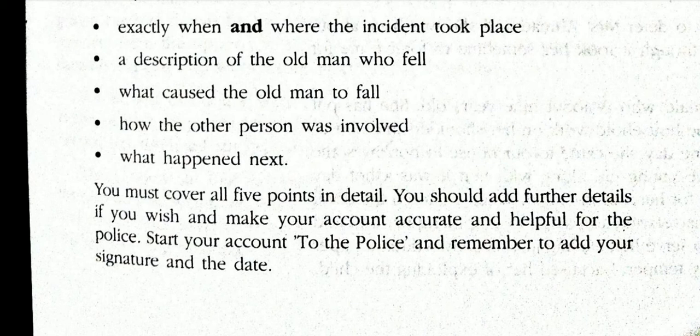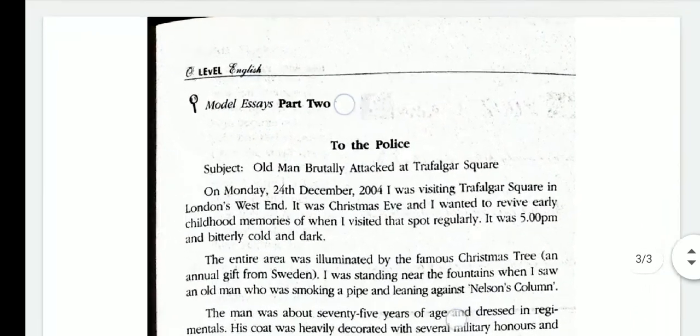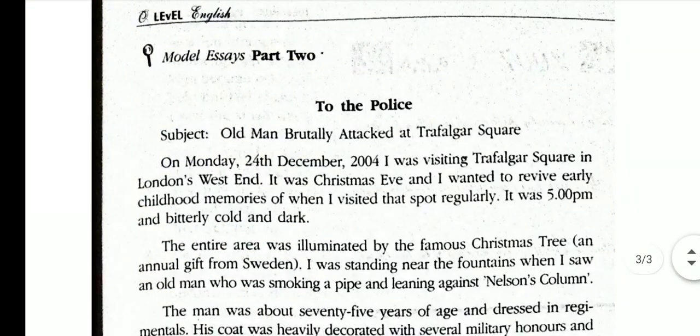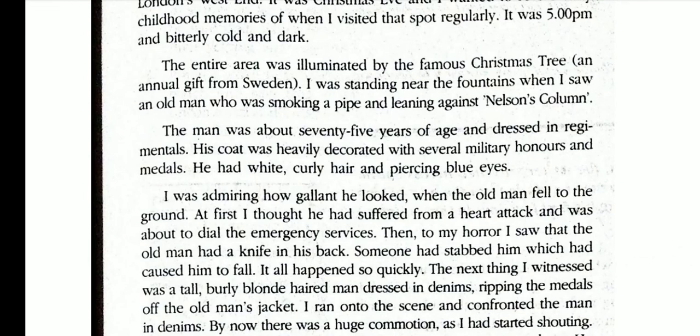As I told you earlier, in account writing or in any form of directed writing, you are always directed or instructed how to start and how to end it. You have to follow that. So you will start with to the police, and remember to add your signature and date. And for your convenience, I have included the answer to this account. As you can see, to the police, subject is optional, and then these paragraphs. There are 5 points you need to cover, so make sure that there are 5 to 7 paragraphs, one separate paragraph for each point that you cover, and then one paragraph maybe to end it,